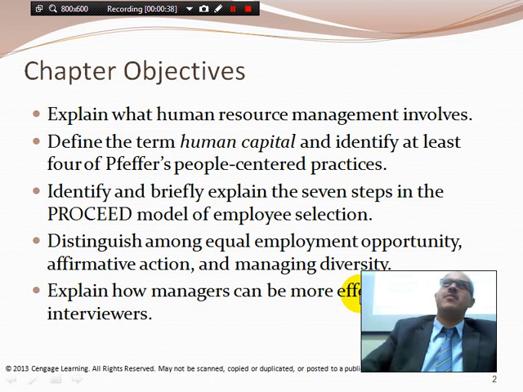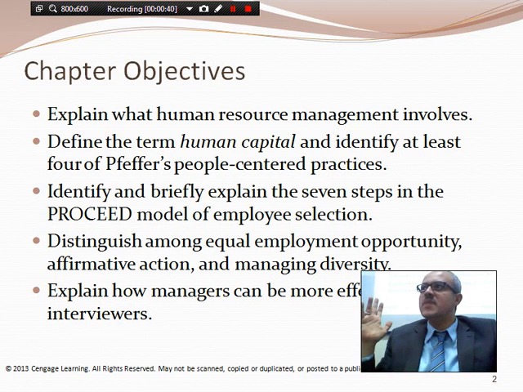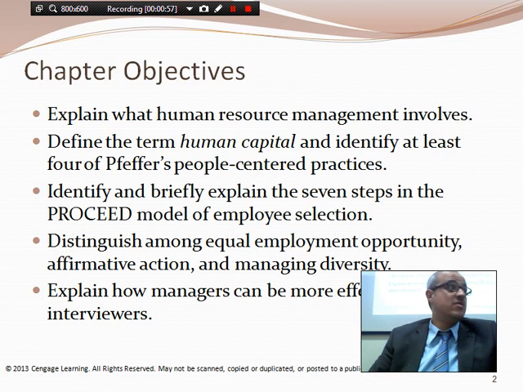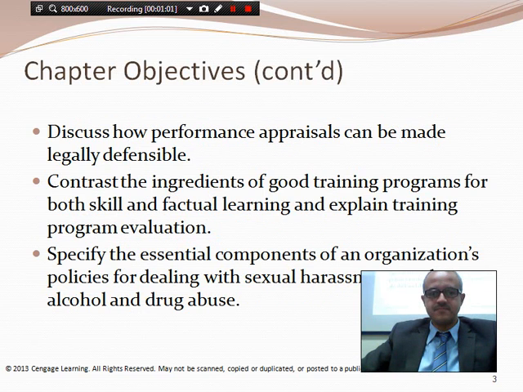How many people remember their interview? How many people have actually interviewed someone else? Now, when you interview, what are some of the common questions? Why do managers have to have interviews? And what's good about the interview, what do good managers do in an interview? So those are things we'll try to discuss in this chapter.